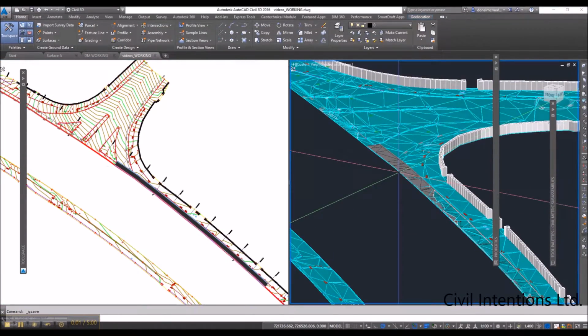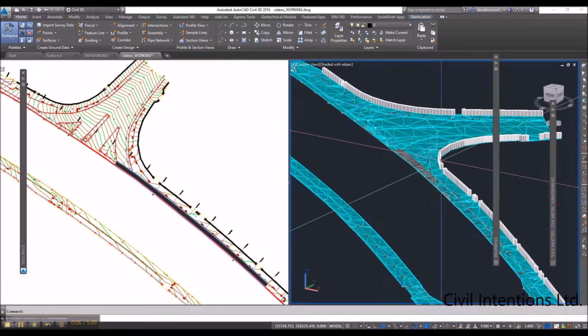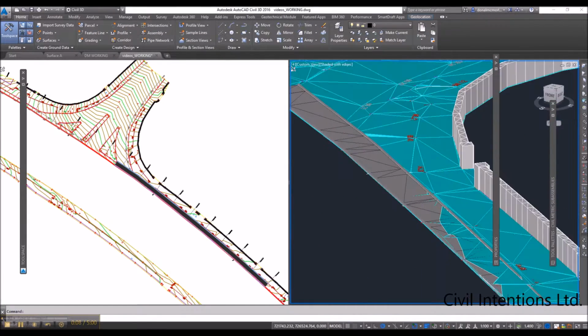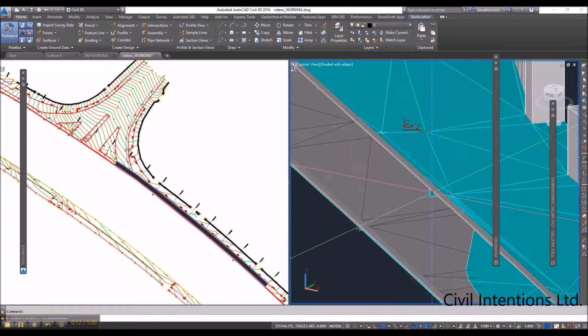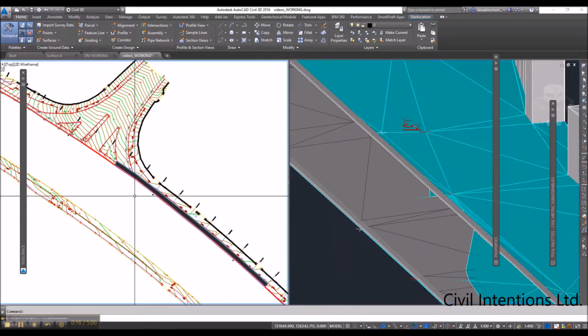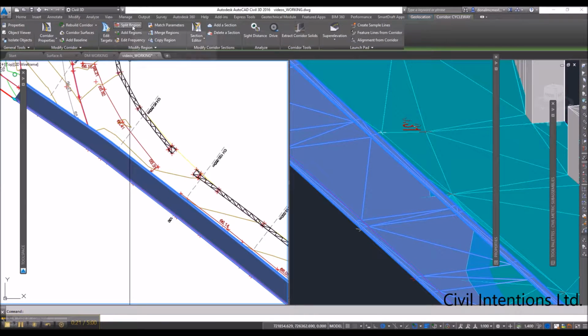Okay, so just put this into a 3D view here. I'm just going to look at one of these entrances here. So we can see the curbs there running straight through, so we want a kind of a drop curb at this location. So what I'm going to do is just split the corridor,